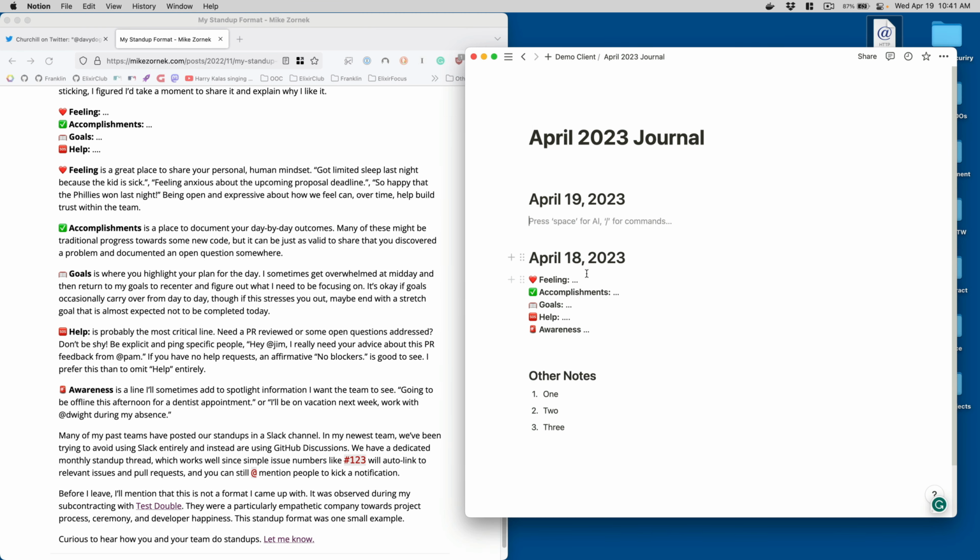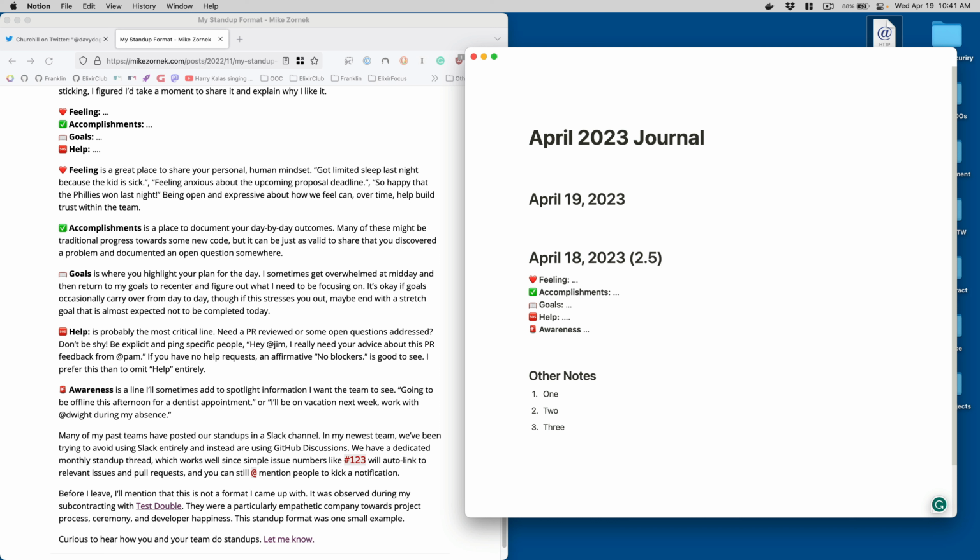So I will come into my notebook and I will fill that out, and then I will copy and paste it into Slack to kind of give them my status for the day. And then for the previous day, what I'll do as far as hours go, and this is the core of your thing, I will put in here the hour marker for the day, for whatever I did for that day. I typically bill in half-hour chunks, but I could see people doing 15-minute chunks if that's more their style.